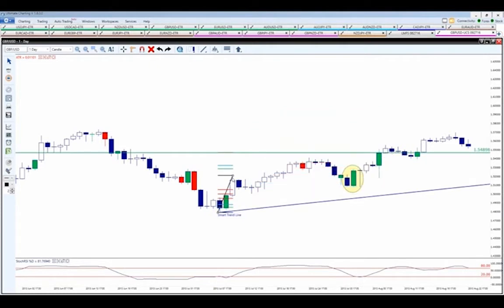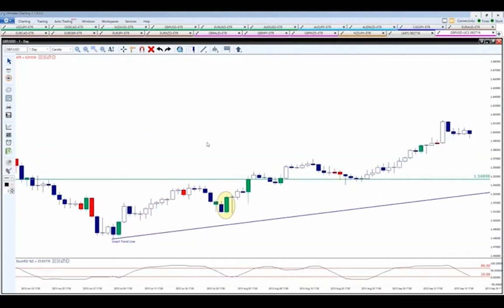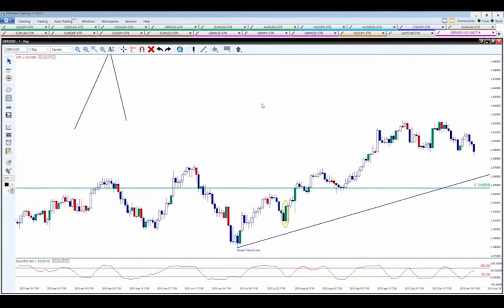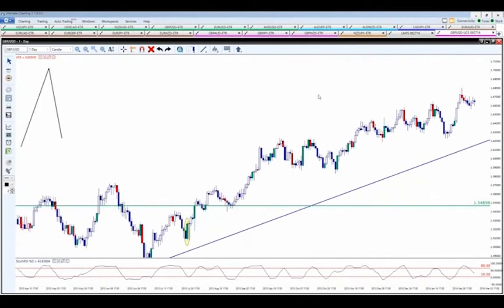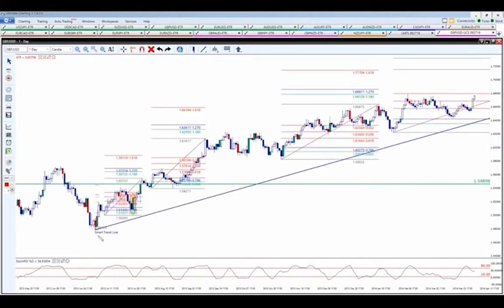As I told you, we have tools that do this all automatically here. So instead of having to run our Fibonacci's the whole way up, A, B, C, D, A, B, C, D, A, B, C, D, as it's going up, all we have to do is come in here. We have what's called our Smart Fibonacci tool. It's our Auto Fibonacci tool. We can come in here, click that, come here to the beginning of the new trend, and it's going to draw our Fibonacci's automatically for us the whole way up.